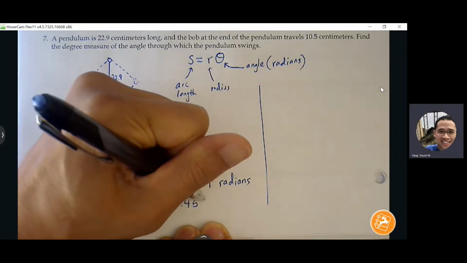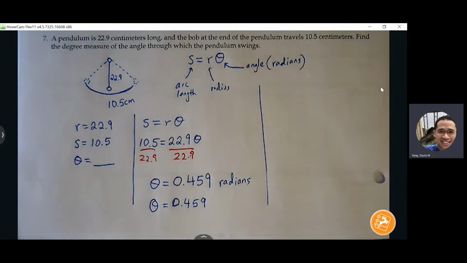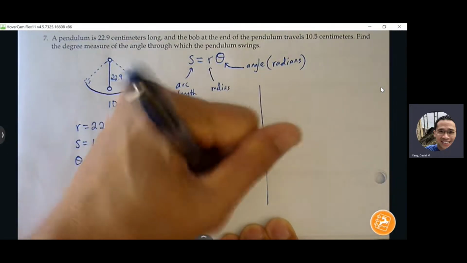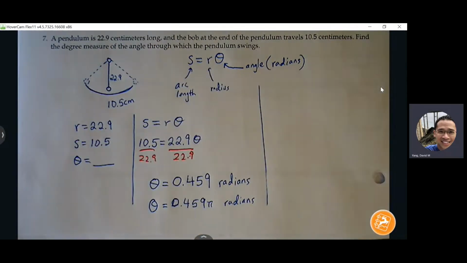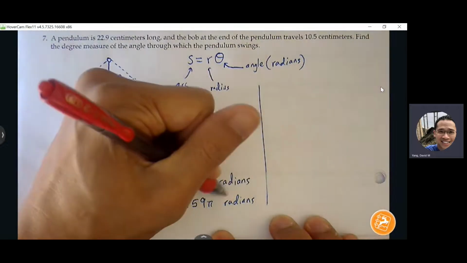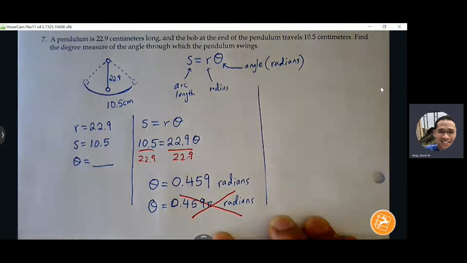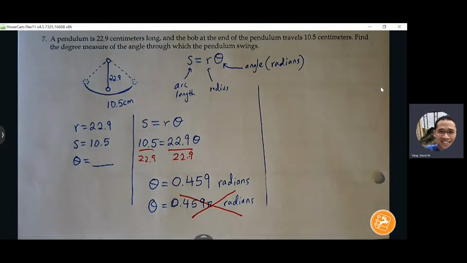So here is what I see. I see a lot of students wanting to involve pi in the calculation because I think a lot of us associate pi with radians. So I see students do this. They attach the pi because they're like, well, it's a radian measure, so I'm gonna have to include it. Now we don't want to do that. Okay, if it has pi in it, then we leave it, but we don't want to add something that's not part of